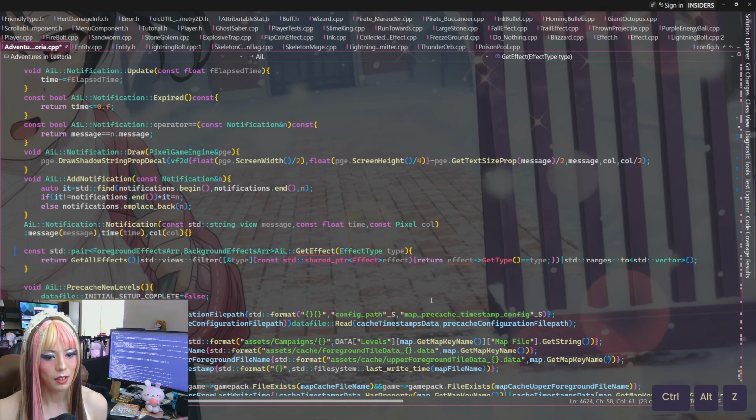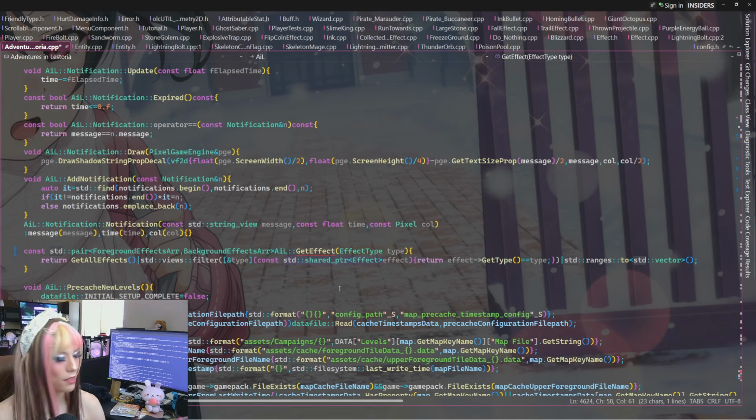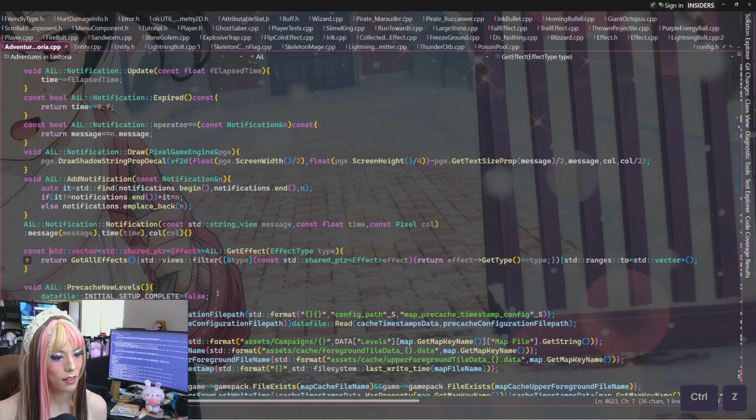So get all effects is going to return... Okay, so this isn't right. This should just be a particular effect, right? This is a vector of... Oh, I see. It's a vector of every effect that matches. So I guess it would be like a vector of...